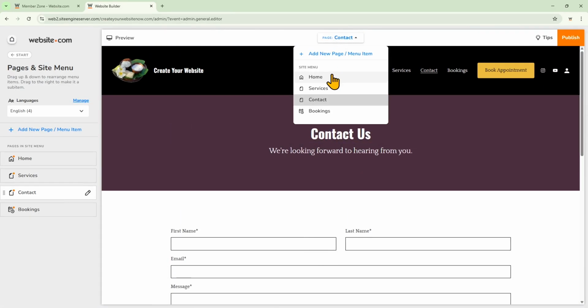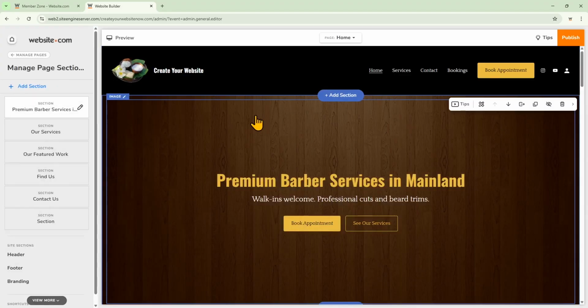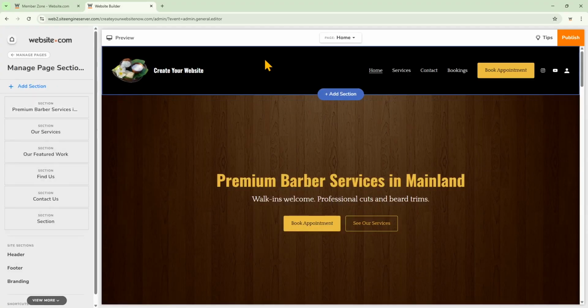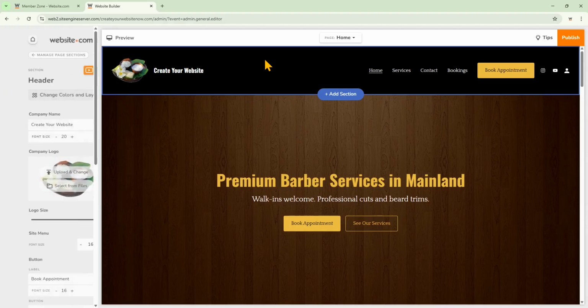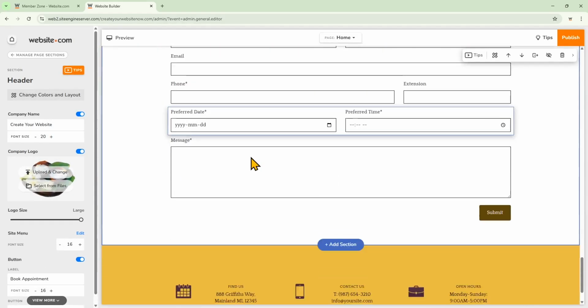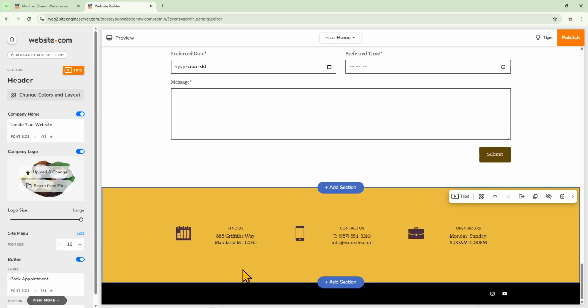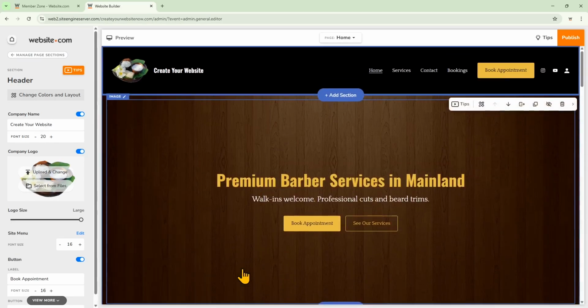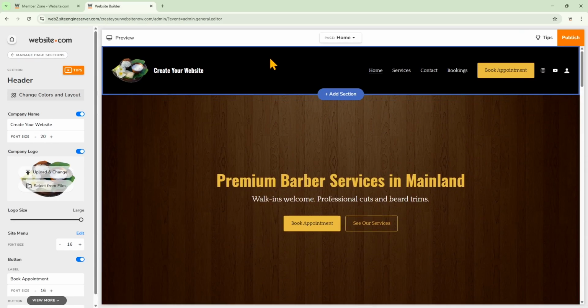Now let's look at the home page. Something that's important to do is to update the header and the footer on the website. That's the very top and the very bottom section on the website. So first we'll click here. I don't have a logo yet, but if you have a company logo, you'll want to upload that and update it.